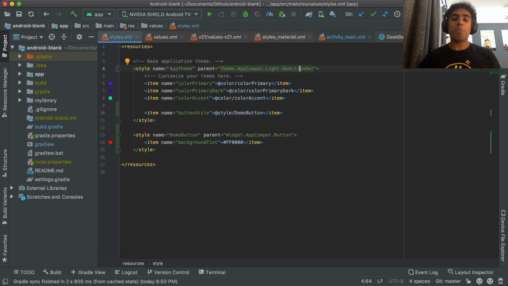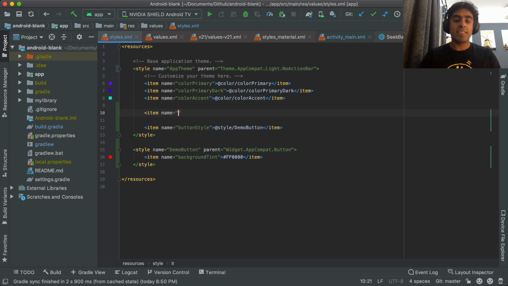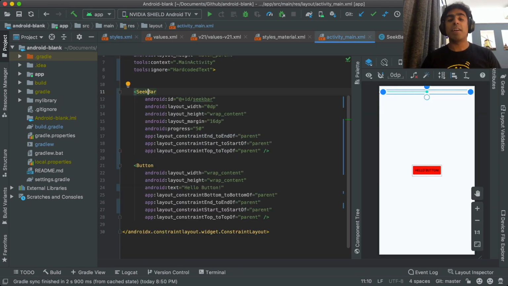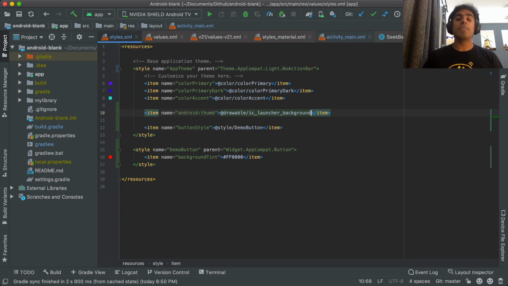So what I would want to point out here is you cannot change the seek bar's thumb by, let's say, overriding the thumb here. And let's say we point it to the launcher icon. And if I look at it, actually the thumb of the seek bar doesn't really change. And that's because we've added it at the theme level. Now, when the resolution for the view attribute is happening, the theme is actually the last place it will be looked from.